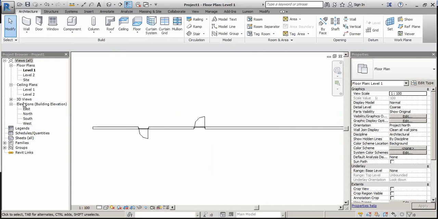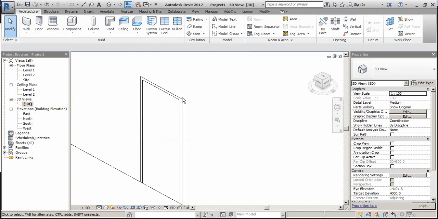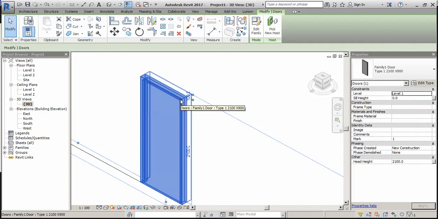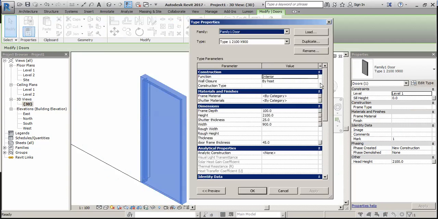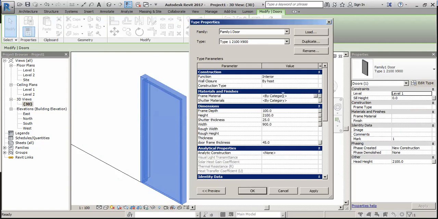So go in default 3D views here. So select this and go in edit type. In edit type, you have material and finishes. So frame material, and in by category, click it here.